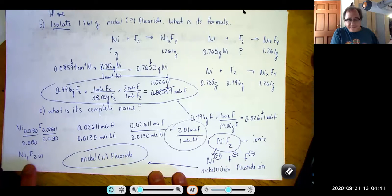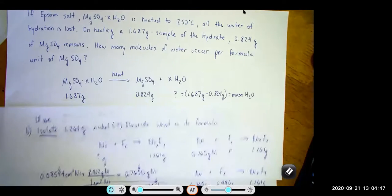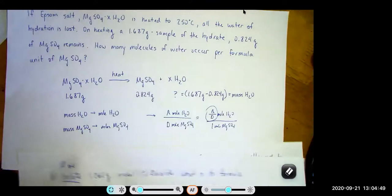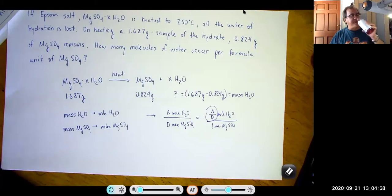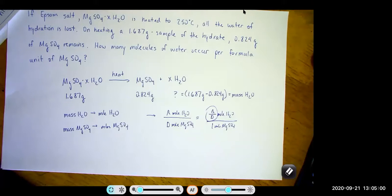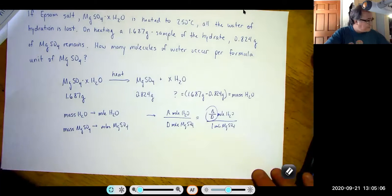And then rounded. Either way, you come up with the same formula, okay? Got it. I have a question. Sure. Can silver and zinc, can we write a Roman numeral? Is it wrong? Silver doesn't use one, and neither does zinc. So we cannot write it, right? If you see a compound that looks like this,